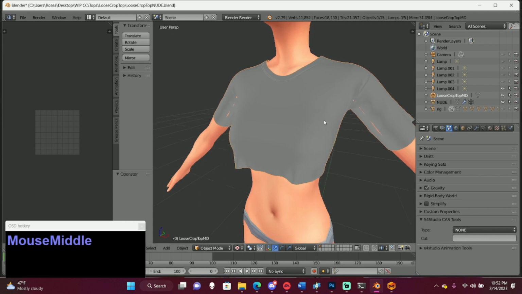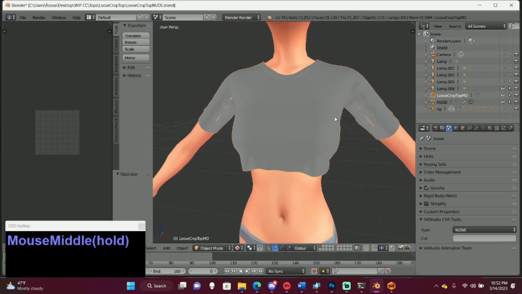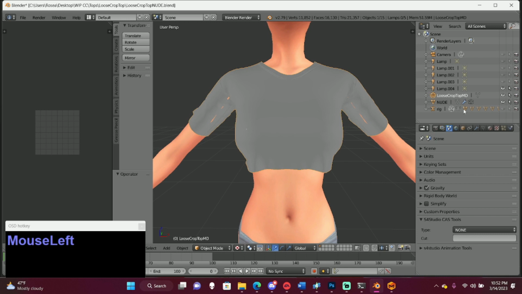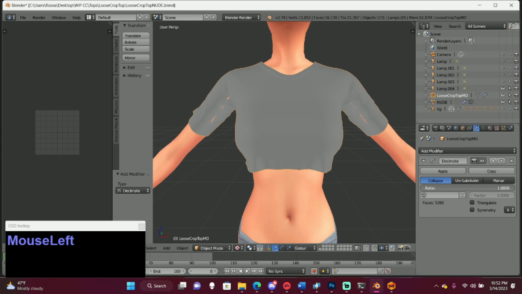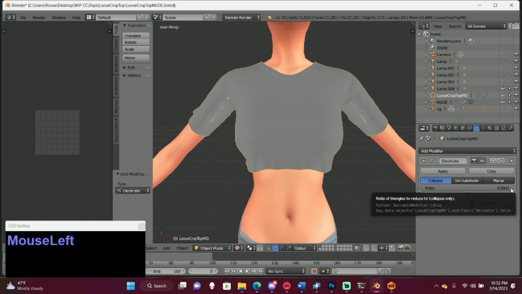Before we do anything, we want to make sure that it's low enough poly. So we're just going to click the shirt, go to this screwdriver, click Add Modifier, and then Decimate. And then we're going to move this, and as we can see, it's at about 10,000 poly.